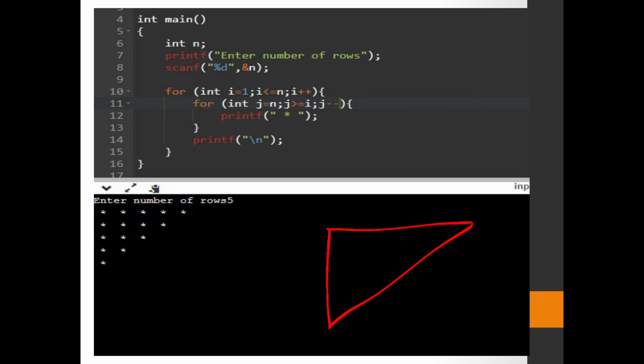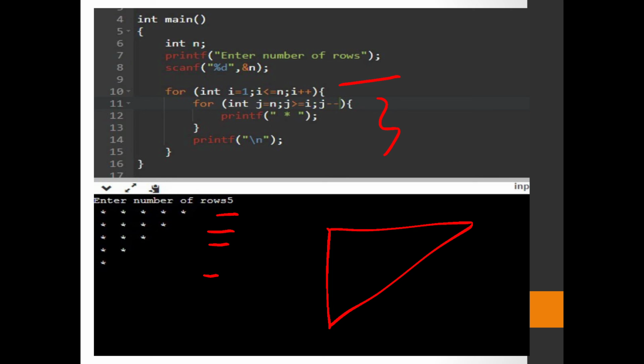You can see the changes. We are still using a for loop to count the row, so the row count stays the same: first, second, third row. But the pattern of stars is changing.